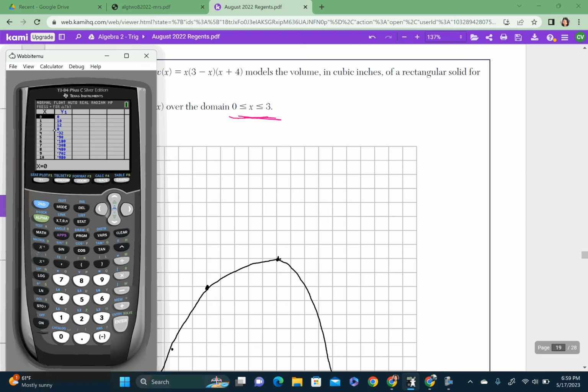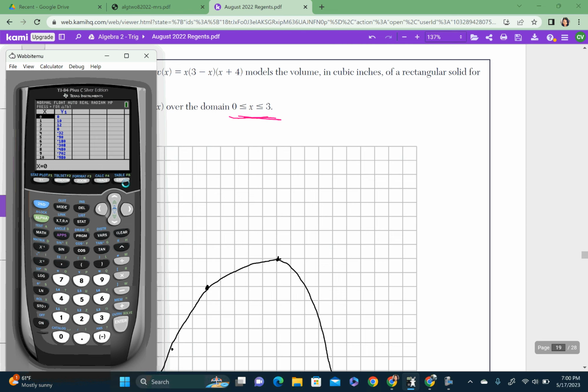We see that the high over here, there's a 12 there somewhere. So let's go ahead to window and let's make our y min 0. And since we saw 12, let's go a little bit more dramatic. Let's just put 20 and then hit graph. And so what we're going to do is take the graph that we're given right here and literally sketch it